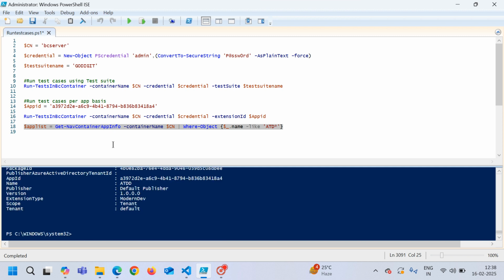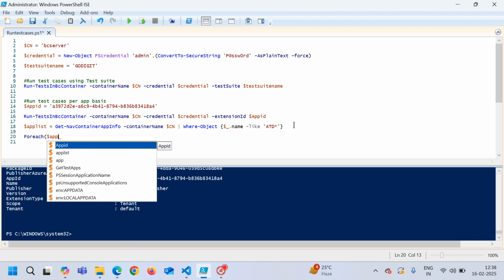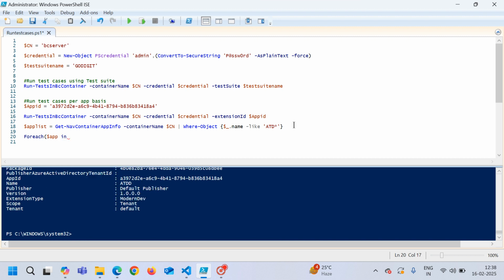Now that I have the two apps in this variable, I can use a loop: foreach app in app list,